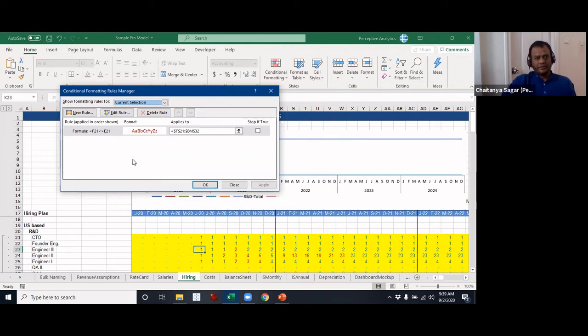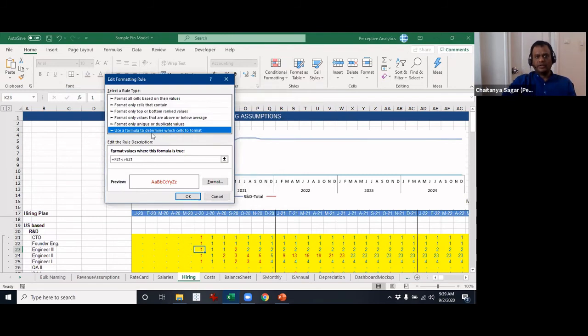So here, the way to do it is something like this. I'll just hit edit, and there are various options here, but for now we will only restrict ourselves to using a formula. And the formula is something like this. It's basically saying, if the current number is equal to the previous number, then do not do anything. It will just retain the original formatting, which is the yellow background and the blue color. But if it is different, apply this additional formatting, which is that specific color.